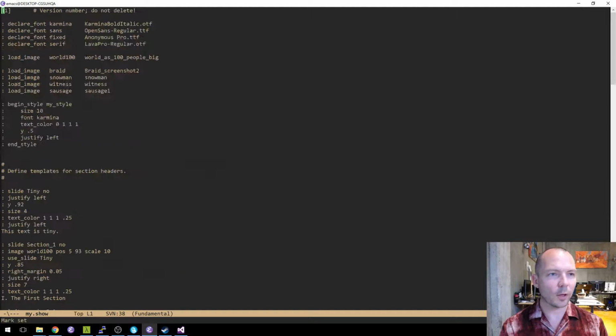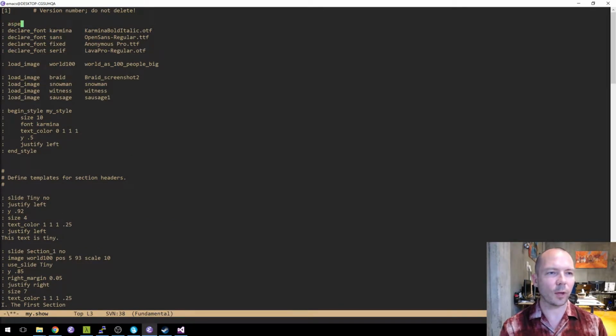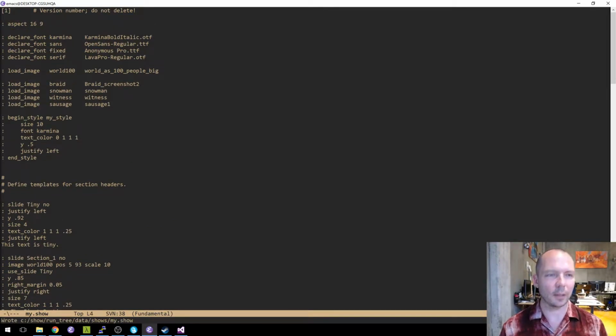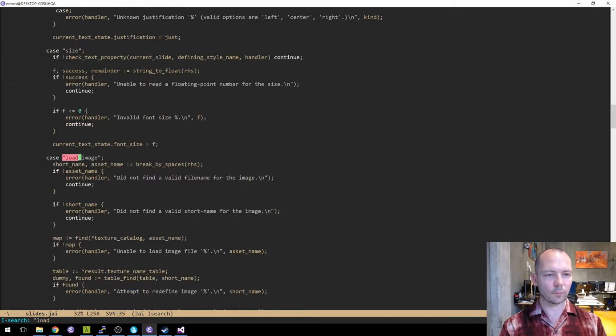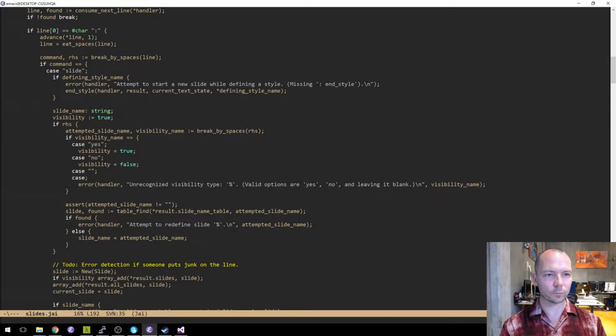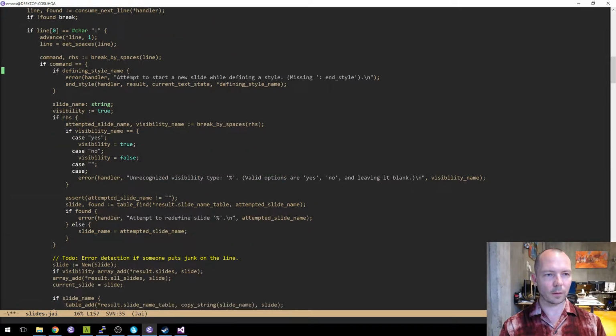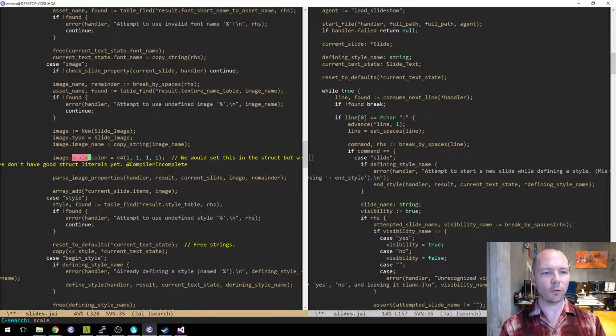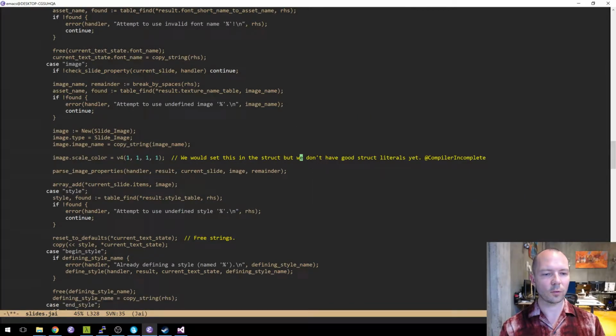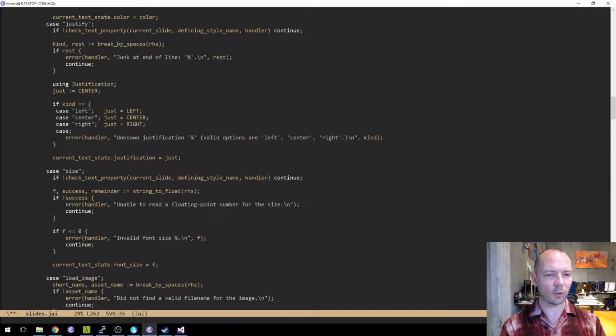Okay, we're going to go into Slideshow. I'm going to define the aspect ratio as 16 by 9 to start. And we'll make sure that parses. Case aspect. Let's put that near... Do I have something else that's just a scalar? Yeah, size is just a scalar.